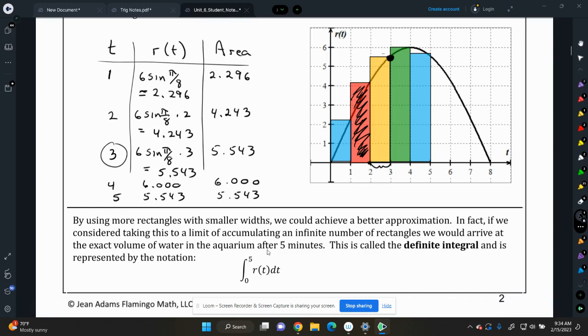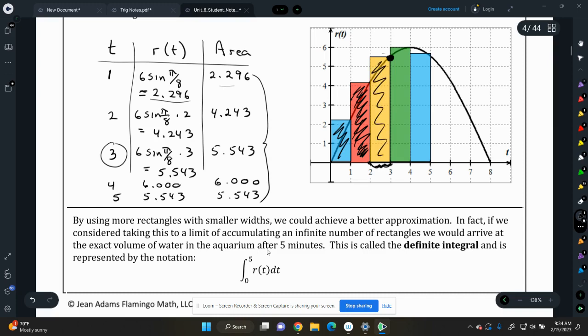So I have to use the t in this particular problem in order to find the correct y value, or the correct r of t. The width of each rectangle is 1, so once I find that r of t, that's actually my area. I'm going to add all of these areas together, and we get